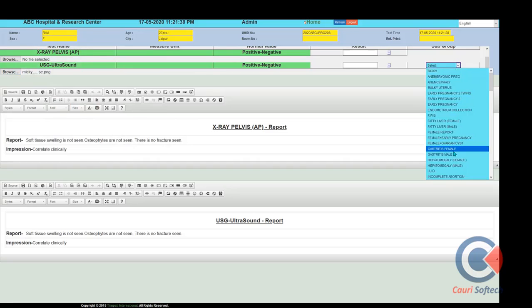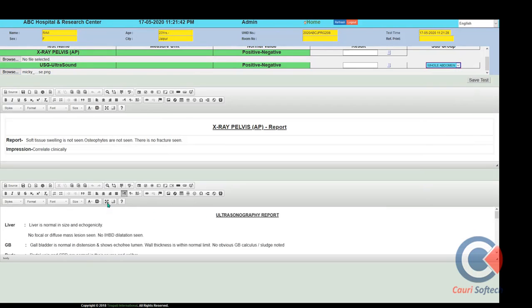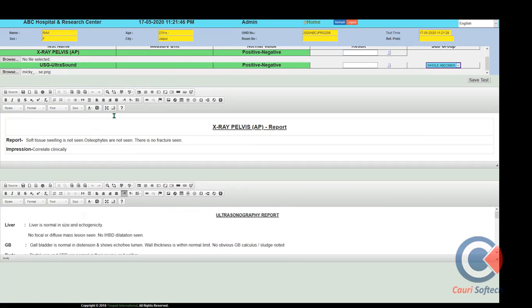There is a template option for the report. You can select the full abdomen report format you want to use, and you can input the value, change the value, fill in the value, and just create. This is editable. Let me show you inside: the liver is abnormal. If you want to change it here, maybe abnormal, so I am changing it. So in this way, you can also edit the report of the patient, along with the image report plus text report.